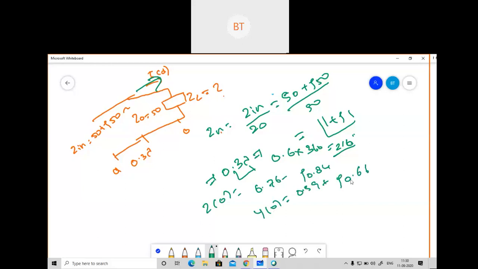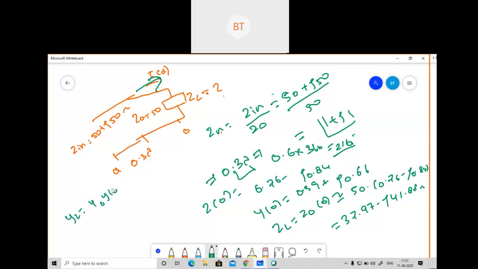After that, I will see how you have solved. For that, if you calculate ZL, it is given as 50 into 0.76 minus j0.84. You will get the first value, 37.97 minus this one, and the same value you need to multiply in YL as given in the problem. After that, 1 by 50 you needed to divide it. Some people multiplied it, so there they got some issue. If you divide it, you will get the value 0.012 plus j0.013 S. So this was the correct answer.